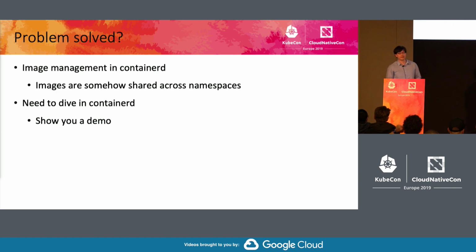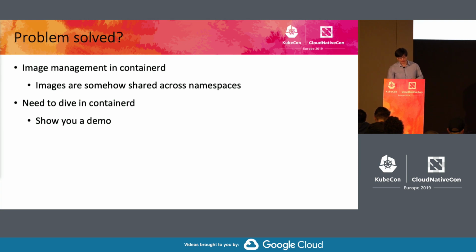Actually, not yet. From what we found, there is a very interesting issue within containerd that somehow images are shared across the namespaces. We found a case where we can read a provided image from a different namespace just by pulling a fake image from a self-set-up Docker registry server, as long as we have the digest of the image. So before diving into the technical details,